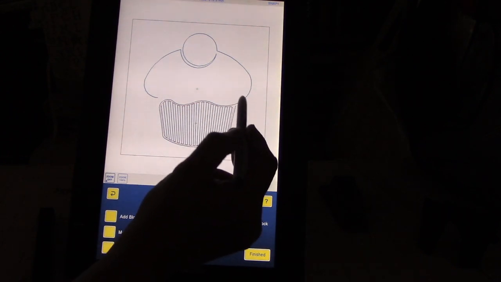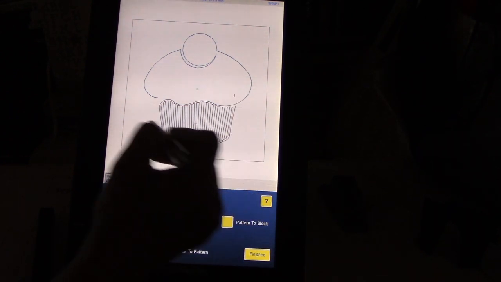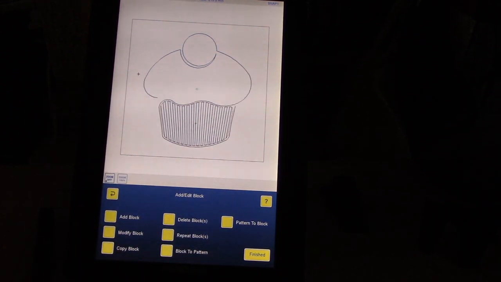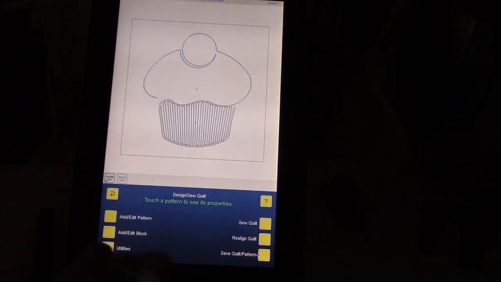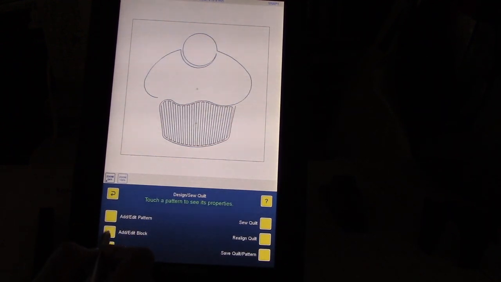Now I could go in there and play so that I can find my starts and ends matching up. I don't know how much it's worth spending all that time. I did one more thing, has absolutely nothing to do with the piano keys, but just to dress up my cupcake. I'm going to add block,